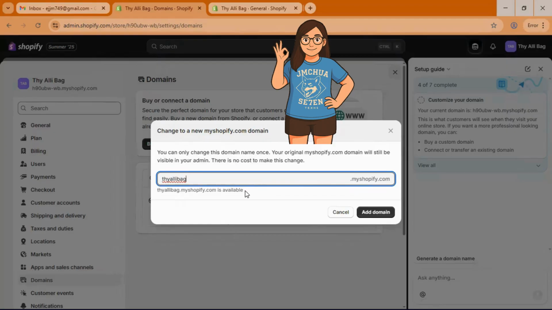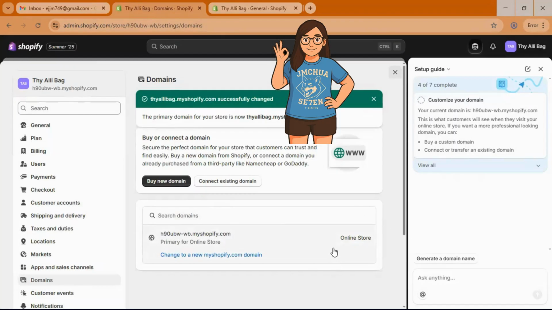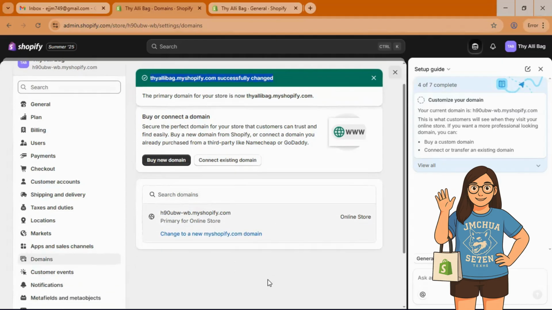If it says here it's available, we can just click add domain, and that will be our online address. Okay, now it's already loaded. It says here alibag.myshopify.com successfully changed. So this is now your official URL for your online Shopify store.